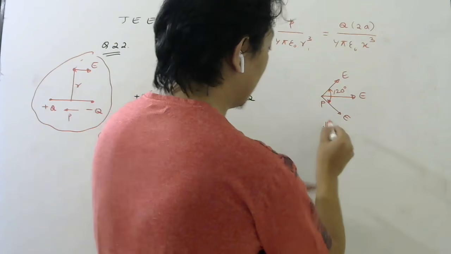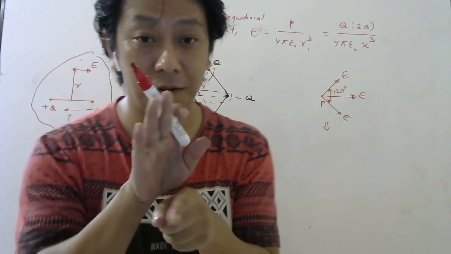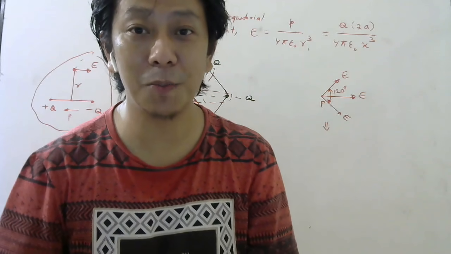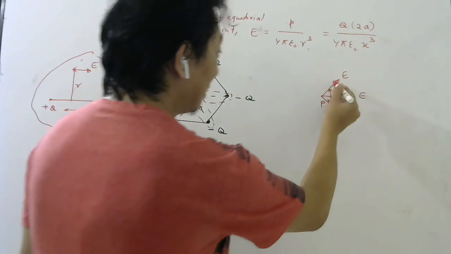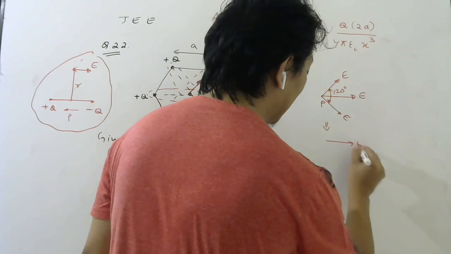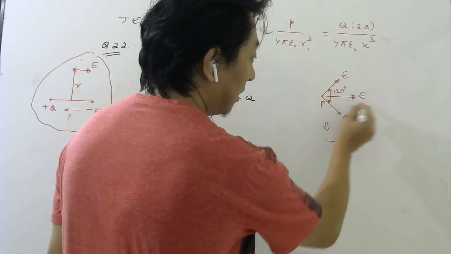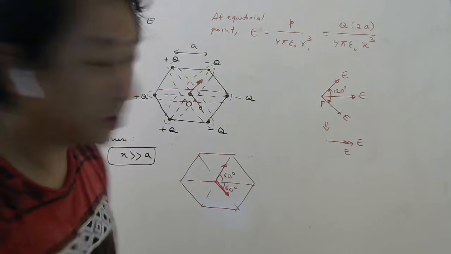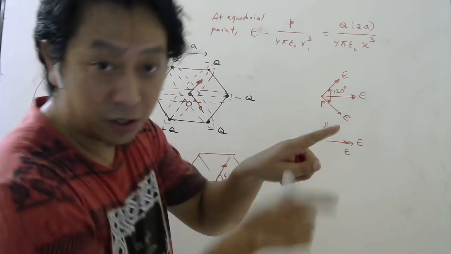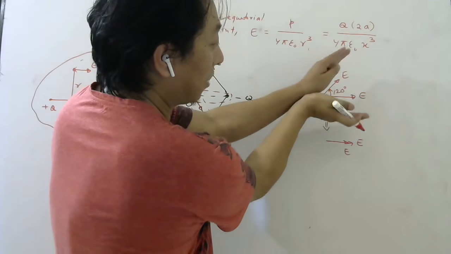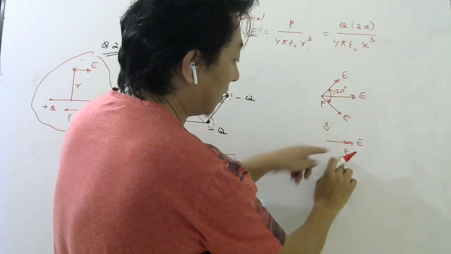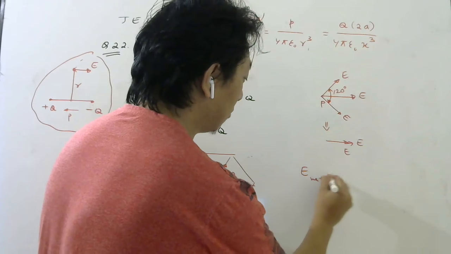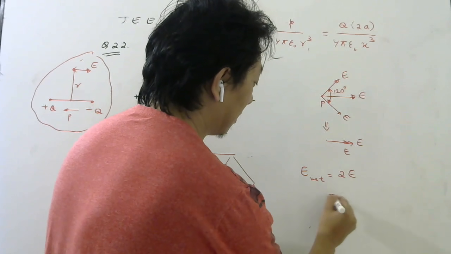Now you know, so many times I have told, vector A and vector A at 120 degree, the resultant will also be A. So this E and this E, the resultant will be E, which will add with the third electric field, that is also E. Understood? So this E and this E, total will be this side. Use parallelogram, this side. And that will be in the same direction as this E. So finally the net electric field will be how much? 2E. And what was E?